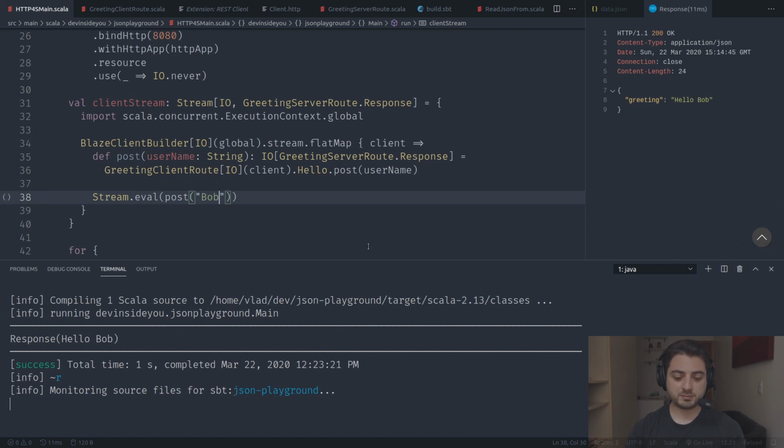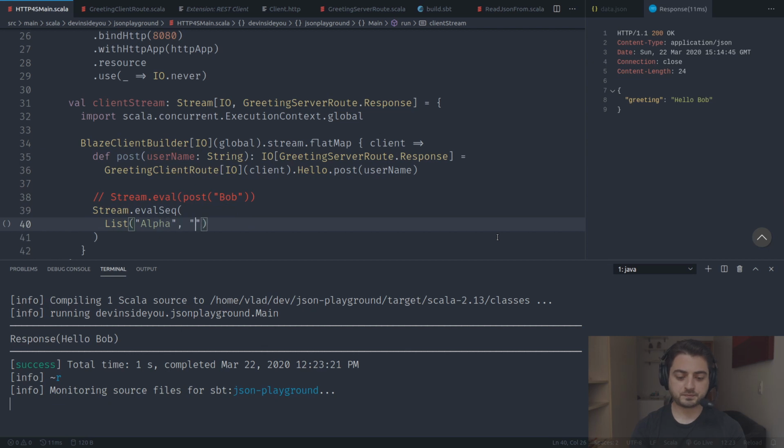Okay, in fact, let's actually play around with this. So instead of this, we can do stream.evalSeq, right? And we can just use a list of Alpha, Bravo, Charlie and Delta. And what we're going to do is we're going to traverse